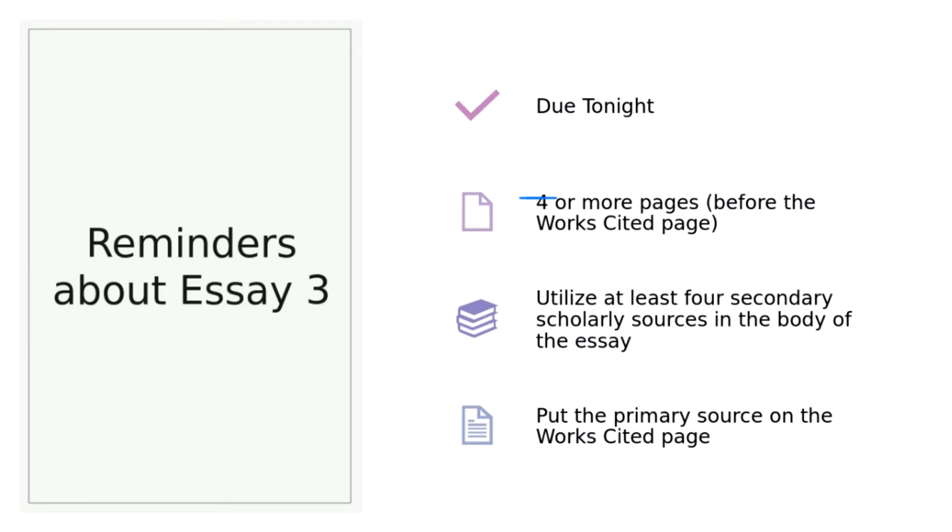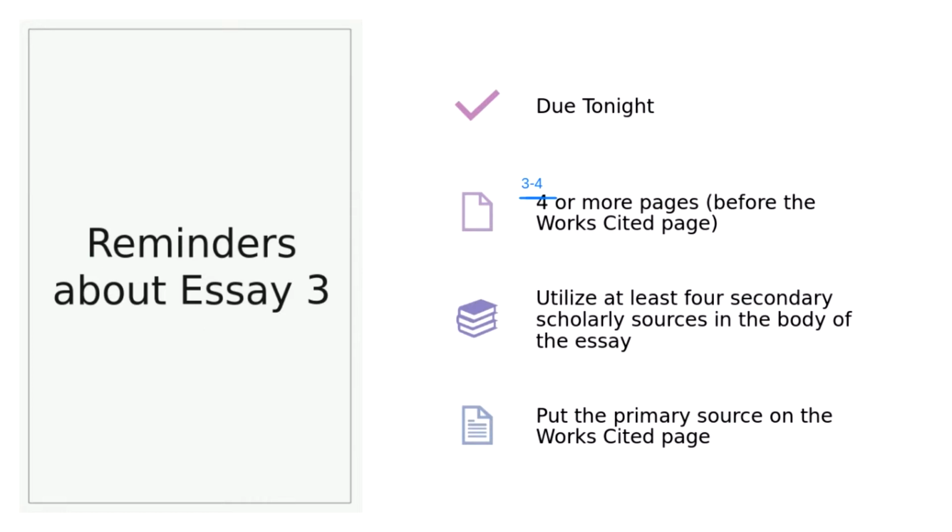not 304, that's too many. So 3 to 4 pages before the works cited page. Thank you for pointing that out, Craig. I thought I had weeded through before term and got rid of all those old docs, but I guess that one happened to slip by me. So I'm so sorry about that. But on the plus side, that now means that you guys don't have to write as much.